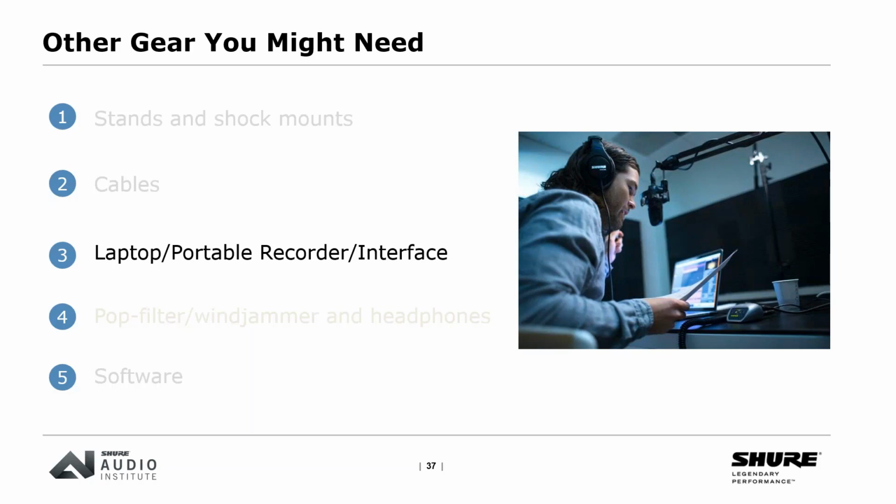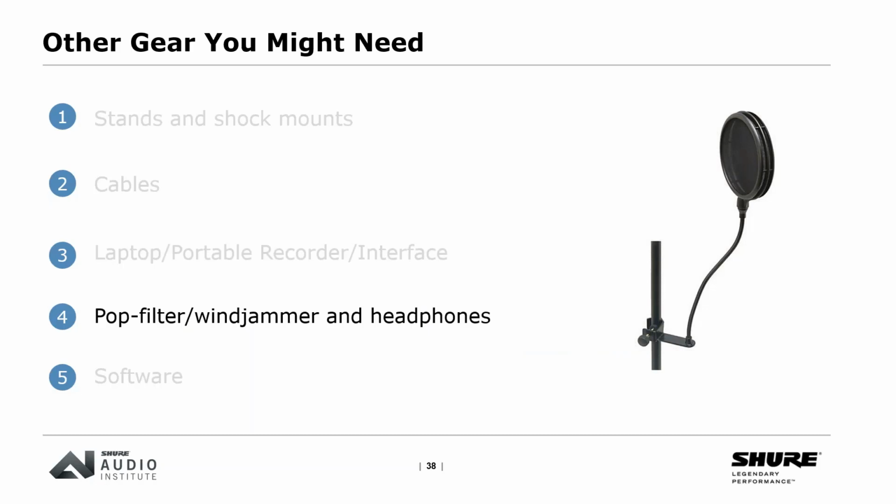And then we mentioned dead cats earlier, so windjammers. You might need a pop filter, again, depending on the mic. You can never be too safe. You want to avoid plosives. These are the pops and puffs of air when you pronounce P's and B's. To avoid this, you can always use a good pop filter and position the mic more towards the side of